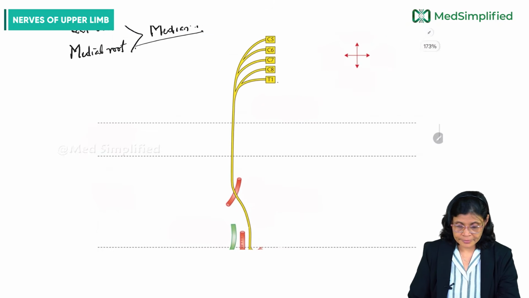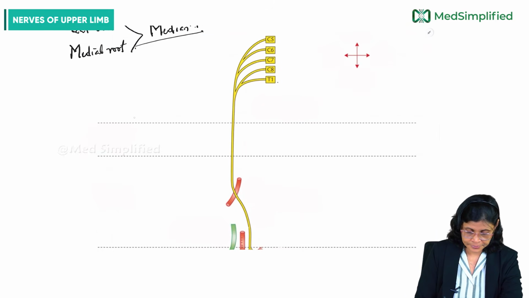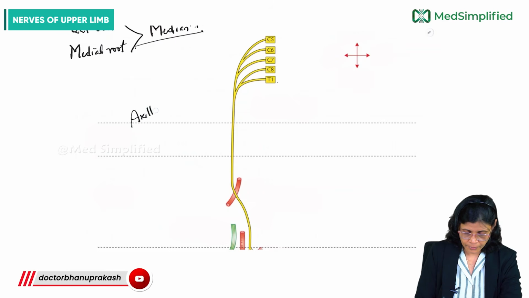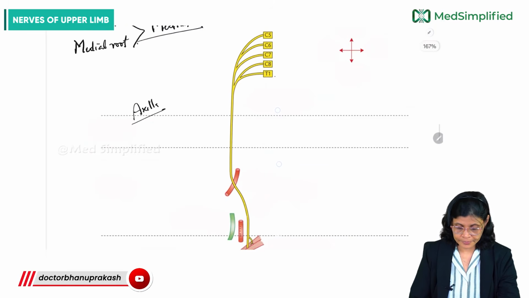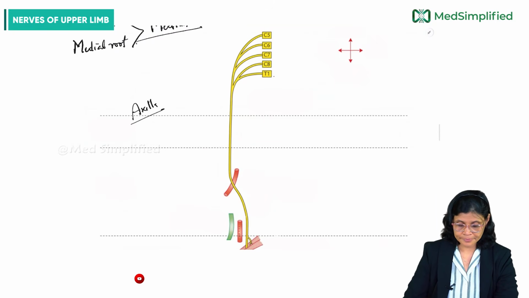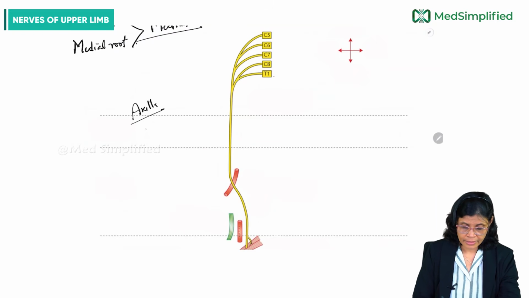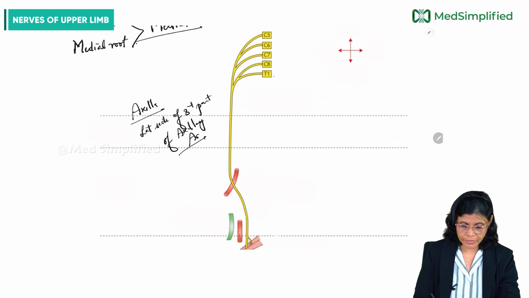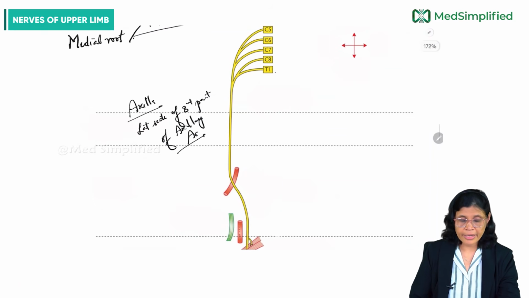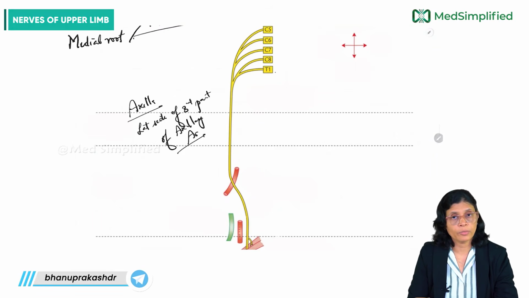In the axilla, the median nerve will lie on the lateral side of the third part of the axillary artery,